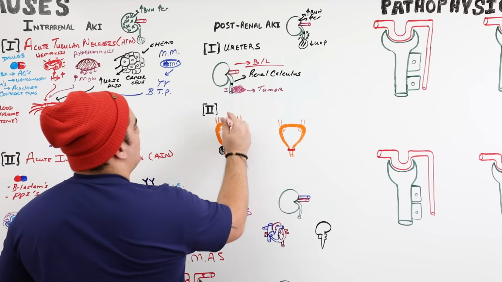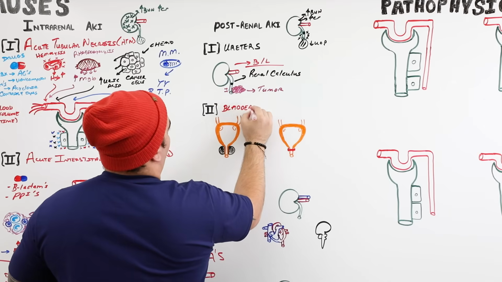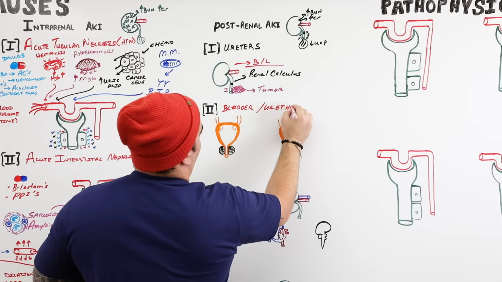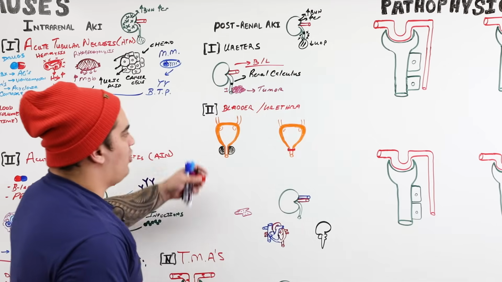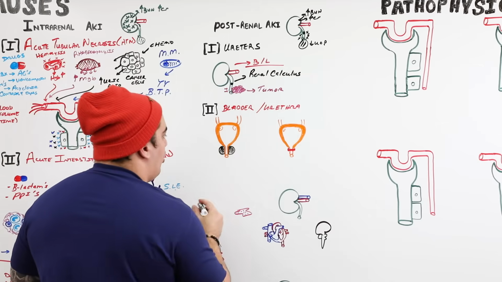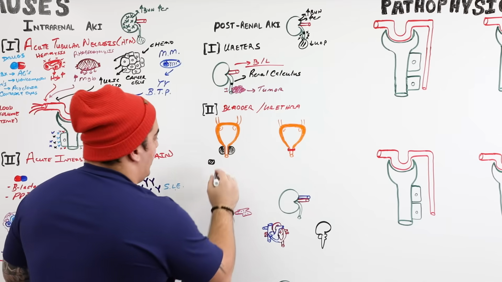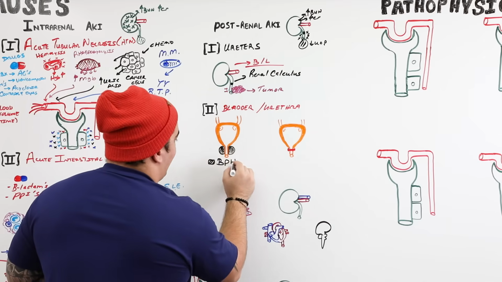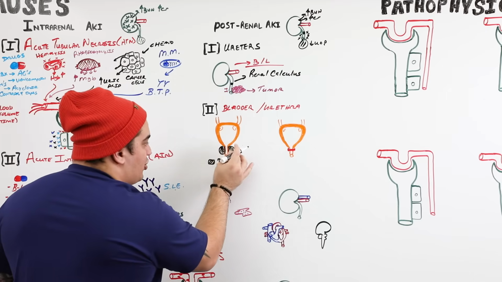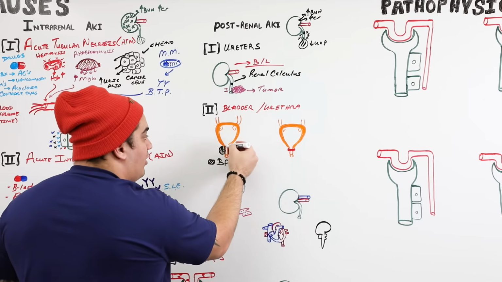The other one is going to be somewhere at the bladder and urethra level. Okay, so the bladder neck and the urethra. What could be some issues that would cause this? In males, they have a pretty good sized little donut shaped structure here, and sometimes it gets really large, a condition called benign prostatic hyperplasia. If it gets really big, it may cause compression of the prostatic urethra, which causes an outlet obstruction here.